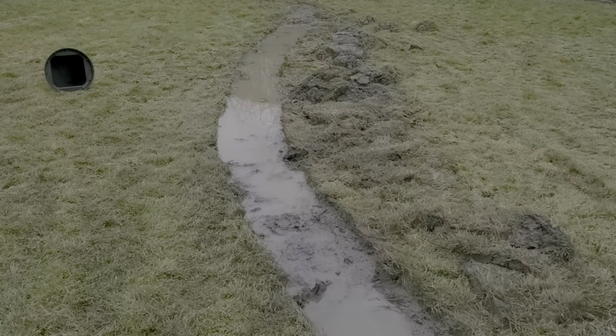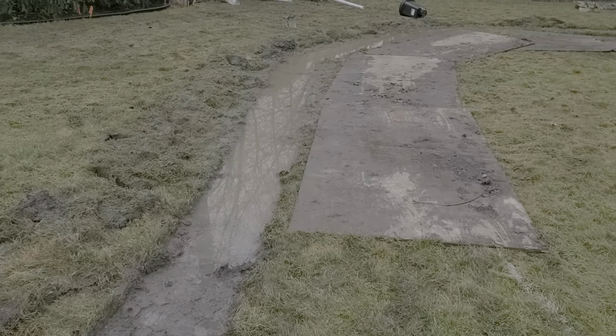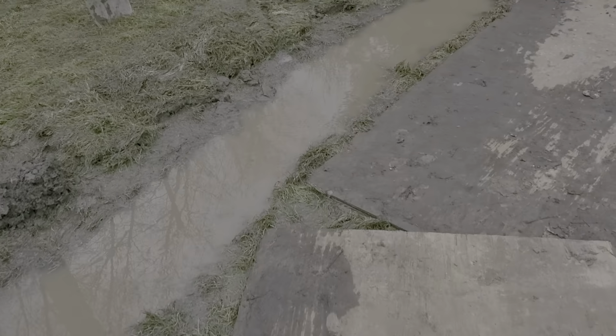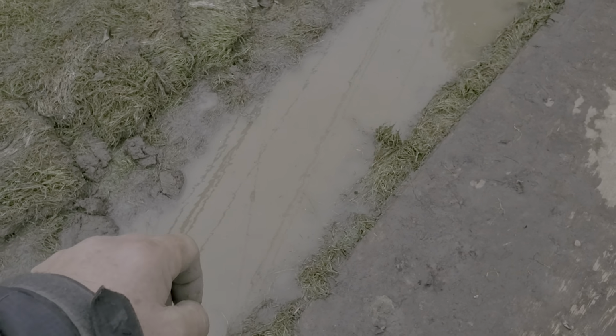Now you can see, just from the sod being removed, this is just collected with water. Matter of fact, it's so full over here with water, even though we took 2.5 inches out, it's starting to just spread into the lawn. Once our system's in, this water goes down through the stone into the high octane, which is just a giant